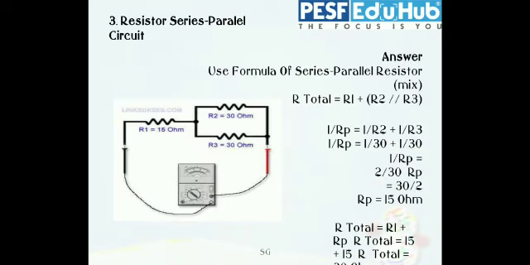Yes. Next, a series parallel circuit. This circuit contains one series circuit and one parallel circuit. Check in the figure, R2 and R3 are in a parallel circuit. So the effective resistance is equal to 1 by 30 plus 1 by 30, that is equal to 15. And that 15 ohm resistance is in series with another 15 ohm. So the total resistance is 15 plus 15, equal to 30 ohm, which is the right answer.